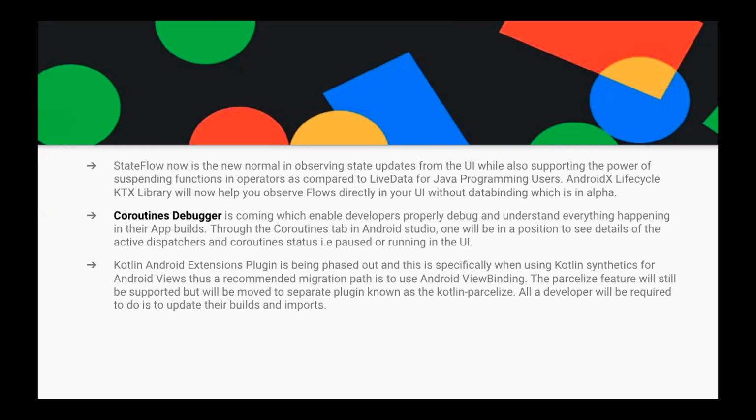An introduction now, a better improvement in the AndroidX lifecycle library, will help you observe Flow directly into your UI without needing data binding or etc. And it's now in alpha, so it will give you more usability. Then a Kotlin coroutine debugger is coming, is shipping with